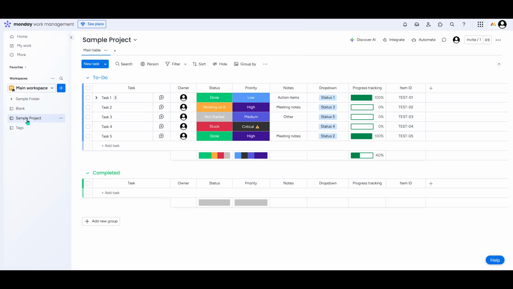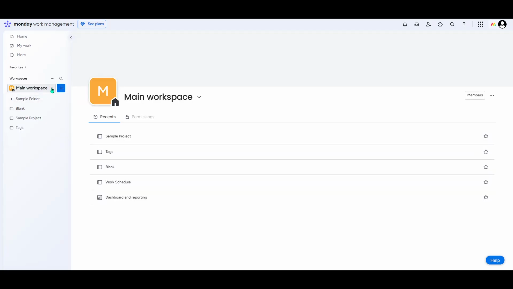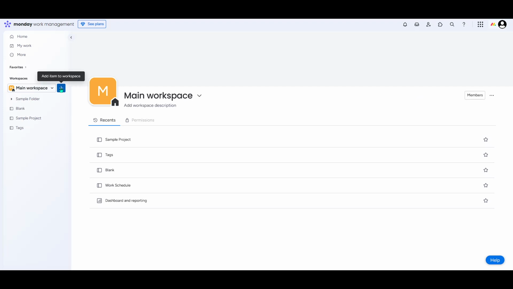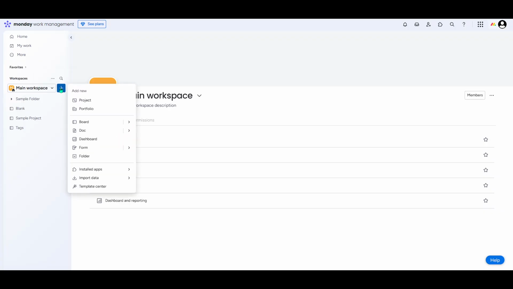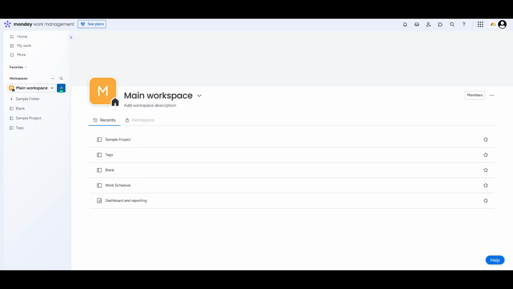First things first, you'll want to navigate your attention to the left panel of your Monday.com interface. You should see a small plus icon sitting next to the name of your current workspace. Clicking on this icon is your first step toward creating a new document within Monday.com. This is essentially like opening a door to a multitude of options that can enhance your workspace, so go ahead